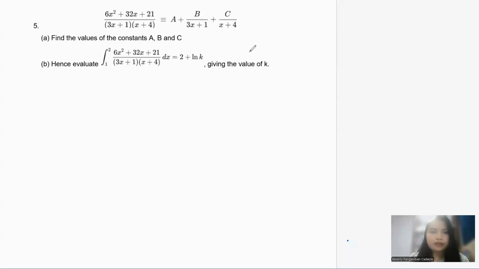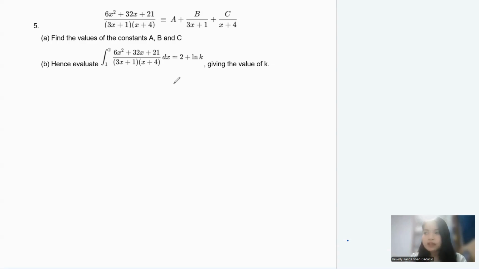Okay, now let's go with number 5. So you have an improper fraction again because you have x squared, and when you do the expansion here, you're going to have x squared as well. Again, improper is not only when the degree of the exponent is higher in the numerator; if they are equal to each other, they are still considered improper.